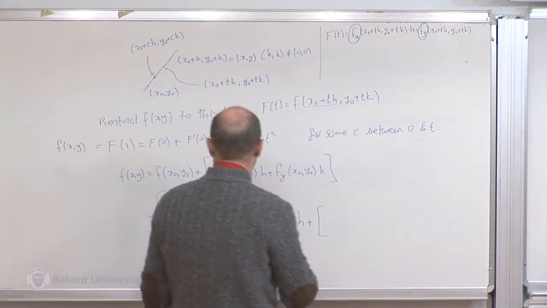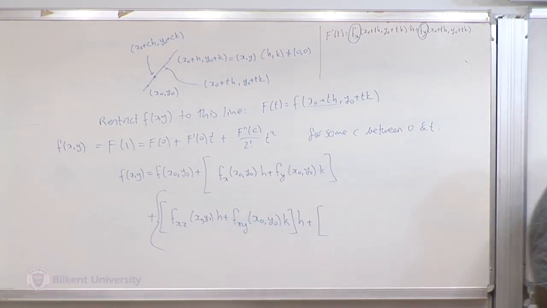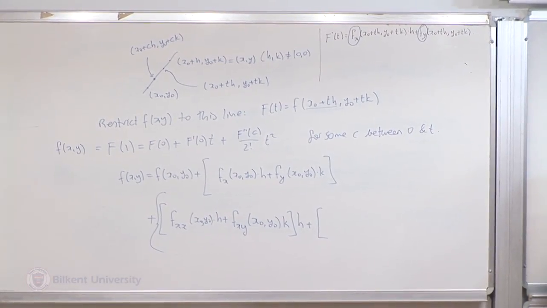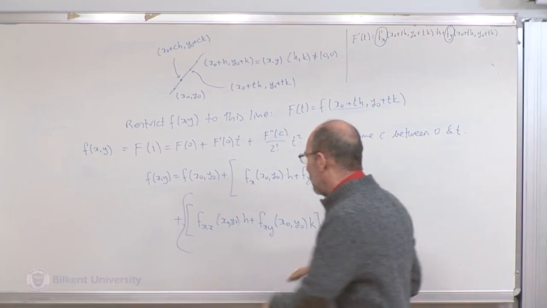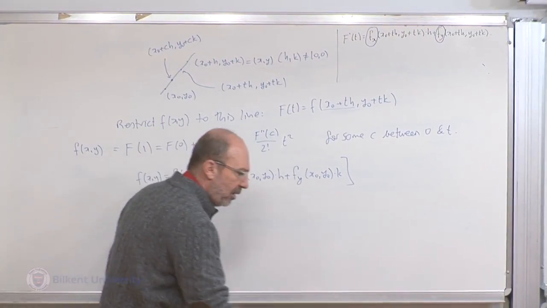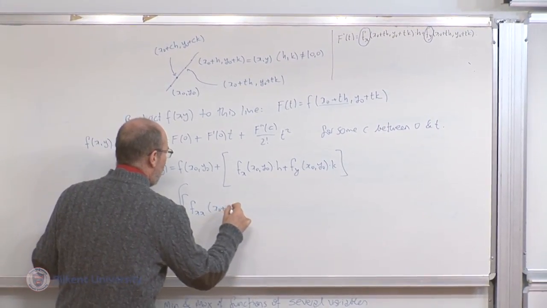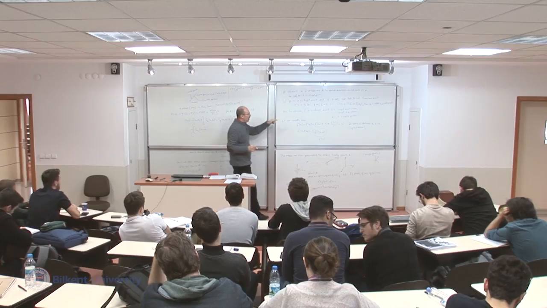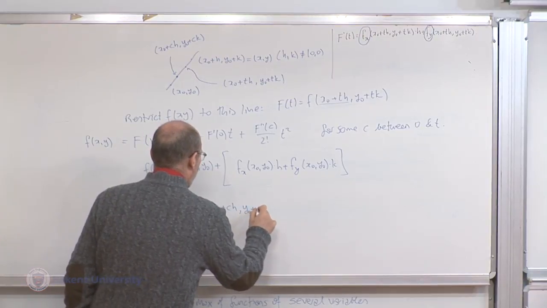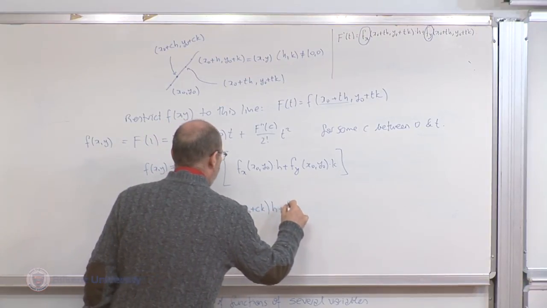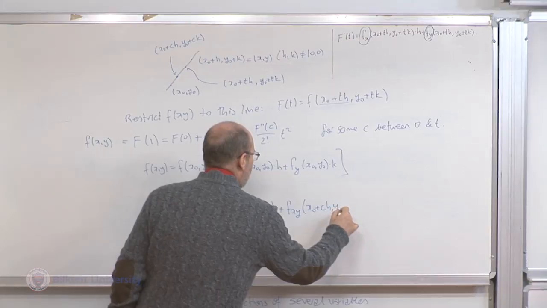I'm not evaluating at t equals 0, I'm evaluating at t equals c. Let me finish writing this, then we'll stop and I'll explain all this. So x sub 0 plus ch, because I have to evaluate this at a mysterious point. I don't know where it is. And y sub 0 plus ck times h plus f_xy at x sub 0 plus ch, y sub 0 plus ck times k,